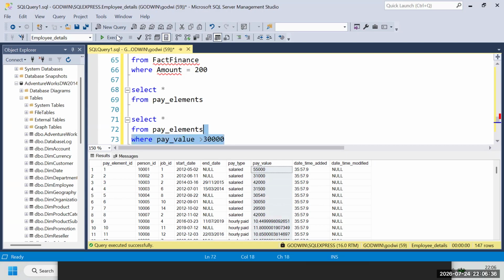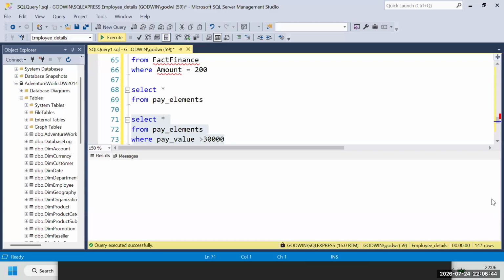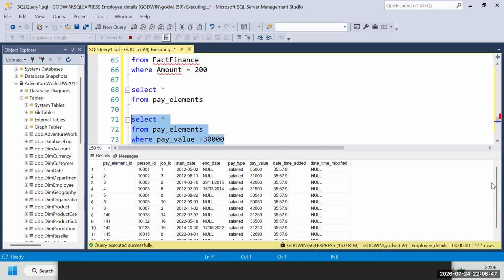Then if we run this, what are we going to have? We're going to have all those with pay value greater than 30,000. See that? That's what we have. 12 people greater than 30,000 in the organization. So you would see, for example, that in this particular case, the 30,000 is not inclusive of the result. But assuming we want to make it inclusive of the results, then